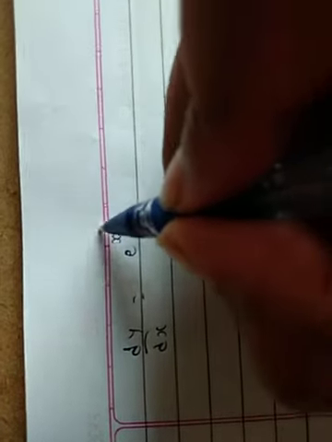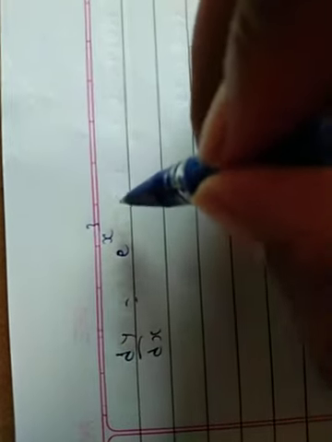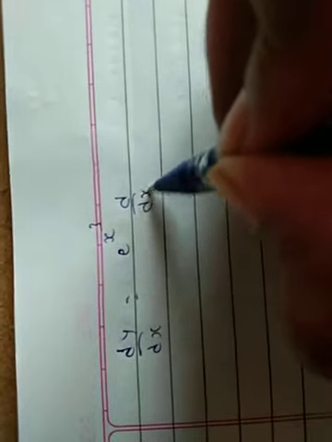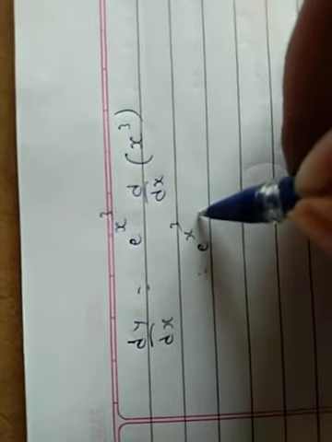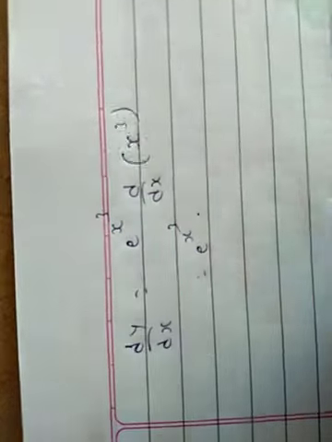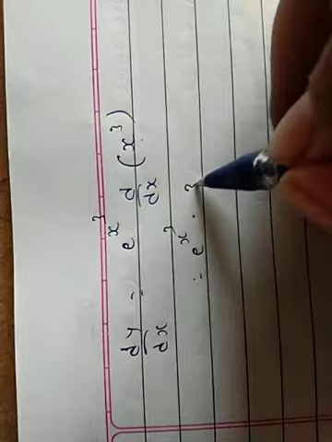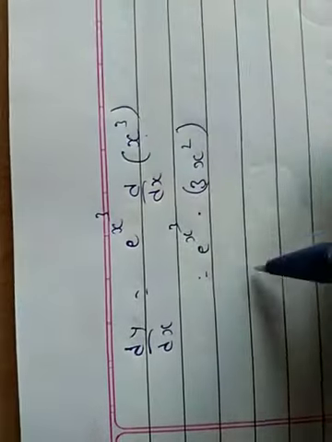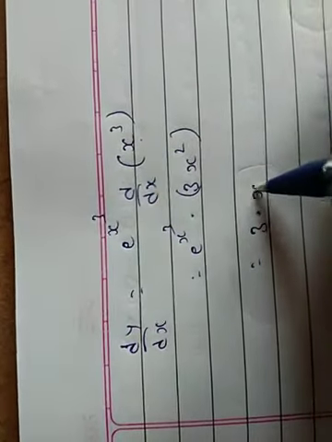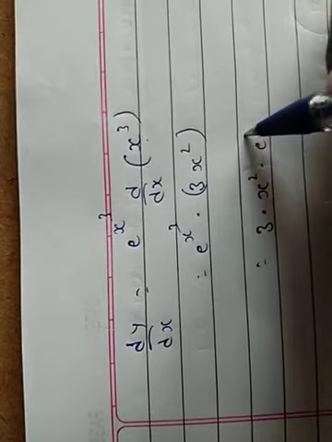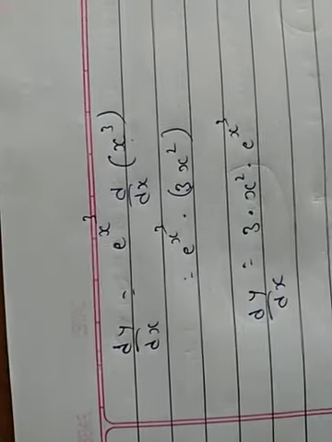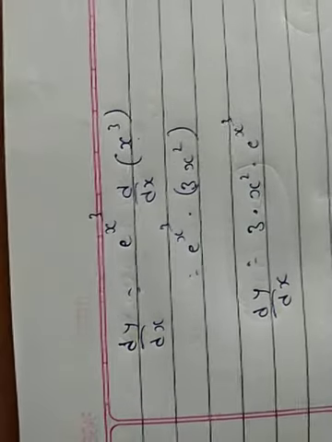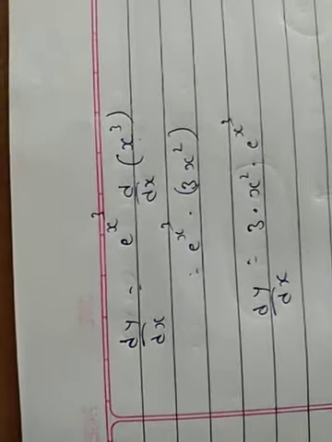The differentiation of an exponential function is going to remain the same, meaning e to the power x cube remains the same. Again we need to differentiate, so d by dx of x cube. So e to the power x cube remains the same, and the differentiation of x cube is going to be 3x square. So it is nothing but 3 into x square into e to the power x cube, which is the required derivative of e to the power x cube. So pause the video to note it down.